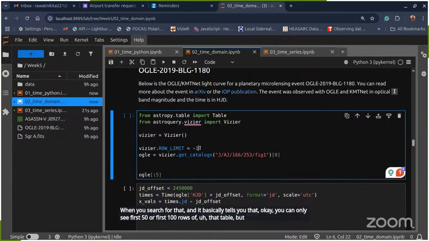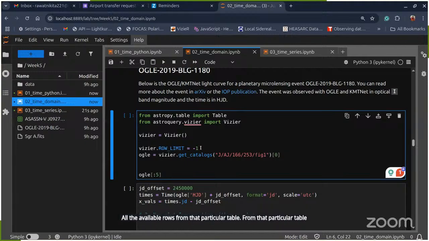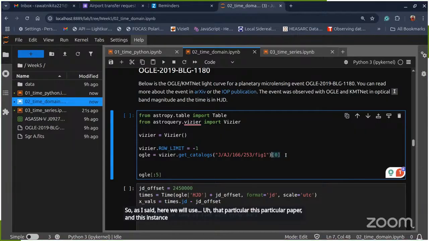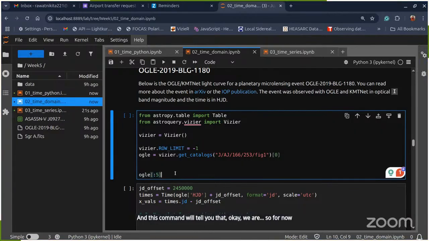But here we are using this command just to make sure that it returns all the available rows from that particular table or catalog. So as I said, here we will use this particular paper, and this instance 0 means we are interested in the first table of that catalog. And this command will tell you that for now we are only interested in seeing the first 5